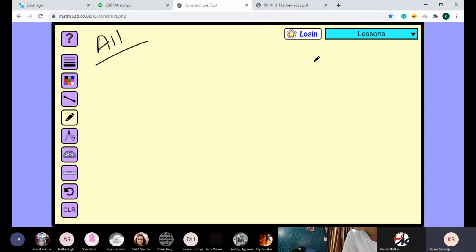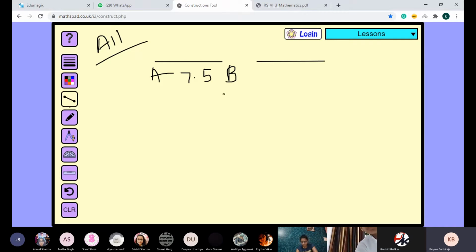Now children, I am giving you the concept for this. I am not going to do the construction. All of you listen to me carefully. In this question, you will do it as homework. You will draw a line AB. This AB is of 7.5 centimeter. Then you will draw a line using the scale. You have to draw with the scale. You will draw a line CD. So here I am making line CD and its measurement is 4.6 centimeter.